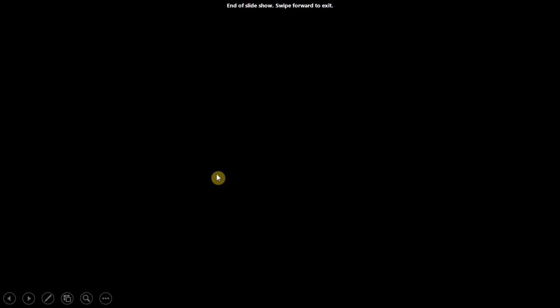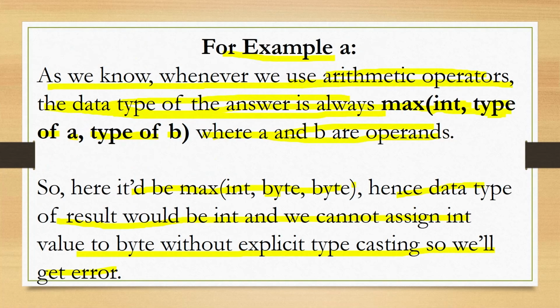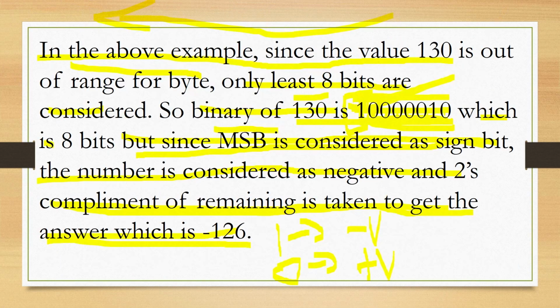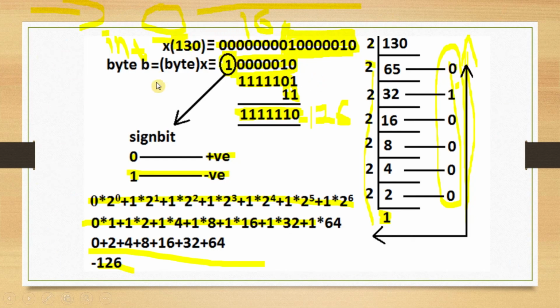So that was it for typecasting. I hope it is clearly understood. And for the 2's complement and the binary to decimal conversion and all of this stuff, as I said, it requires knowledge of Boolean logic and binary, and that is a completely different subject. So even if you don't know this, don't bother much. But like I said, the important part to know is that the most significant bit represents the sign, and based on that, the operation is performed. So keep that in mind.